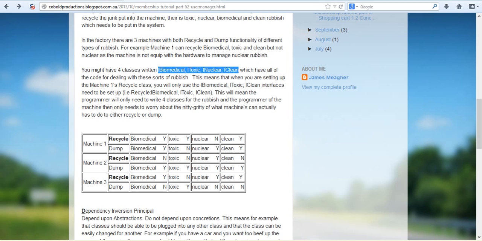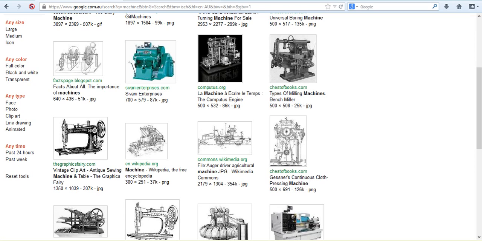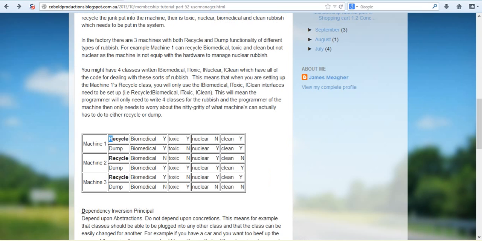So you'd set up these interfaces, biomedical, toxic, nuclear, and clean, which have all sort of the code for dealing with the rubbish, or code sort of contracts of what they need to program. So from there, when you're setting up machine 1, let's just have a look at that. Machine 1, this one, it can recycle, but it can only recycle biomedical, toxic, and clean. And it can dump though, however it can only do biomedical, nuclear, and clean